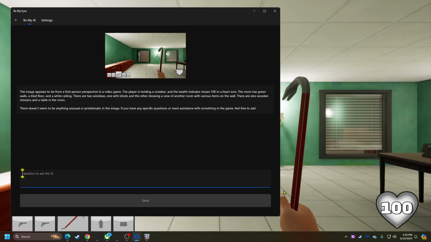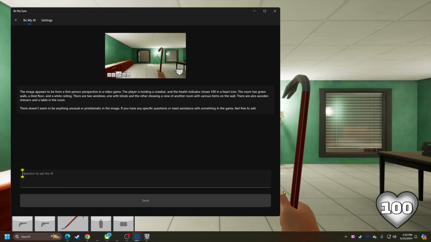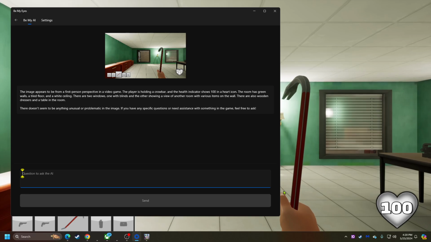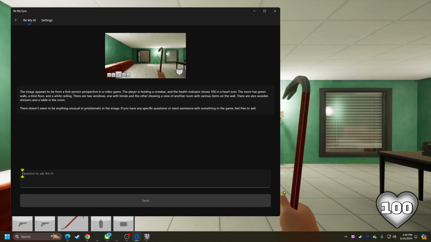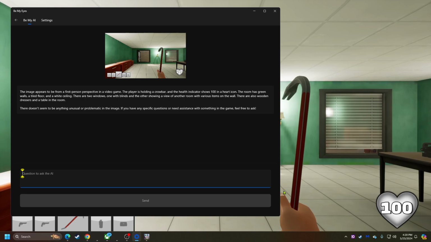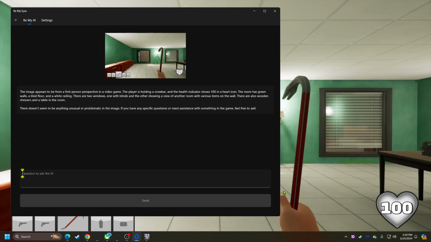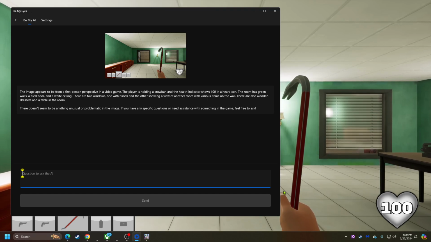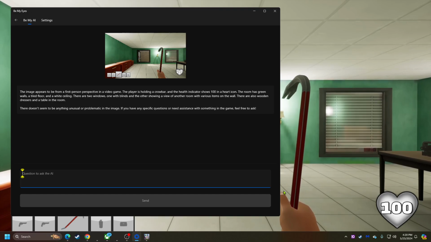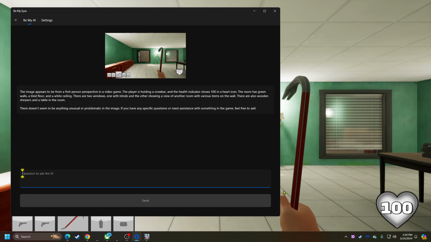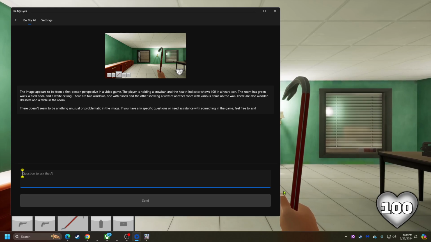And especially, right now I can type text back and forth. I can ask a follow-up question here. But what if I hit a keyboard command to enable the microphone? Just like turning voice chat or turning my mic on and off in a Zoom call or a Teams call or whatever. If I could have Be My Eyes on in the background, fire up a game, and